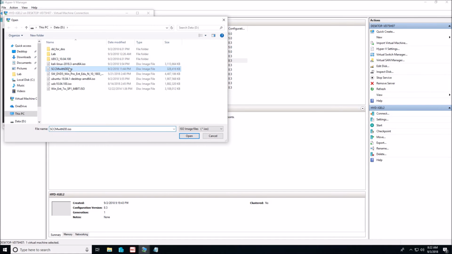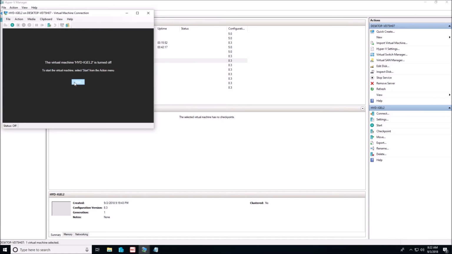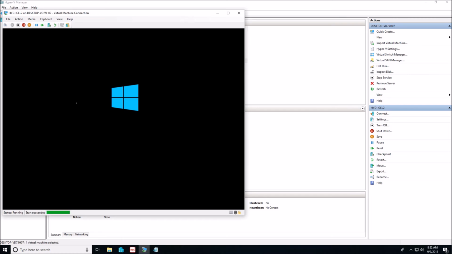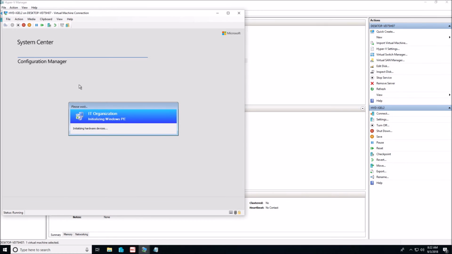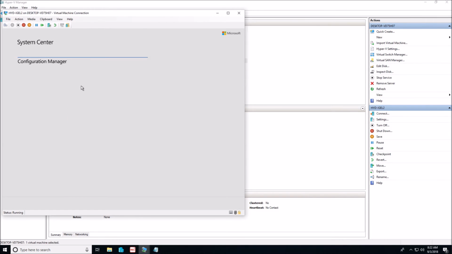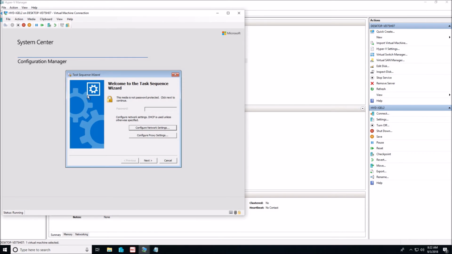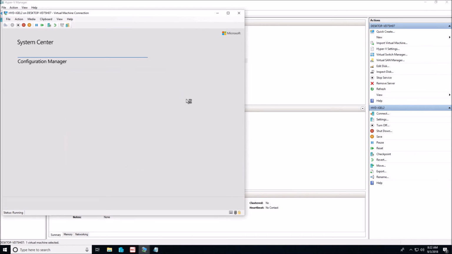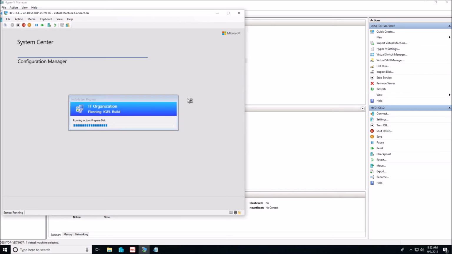SCCM with DD. Start it and boot into the SCCM boot environment. And we should now see an available option under task sequences here of IGEL build. And there it is. So we'll choose that, say next, and I'm going to let this roll without jumping forward